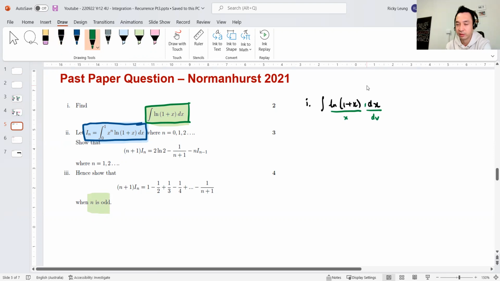Off to the side, if u equals ln(1 plus x), then du equals the derivative of that on top. So that's 1 on 1 plus x dx. And if dv equals dx, then v equals x. Nothing too wow about that. So then therefore,